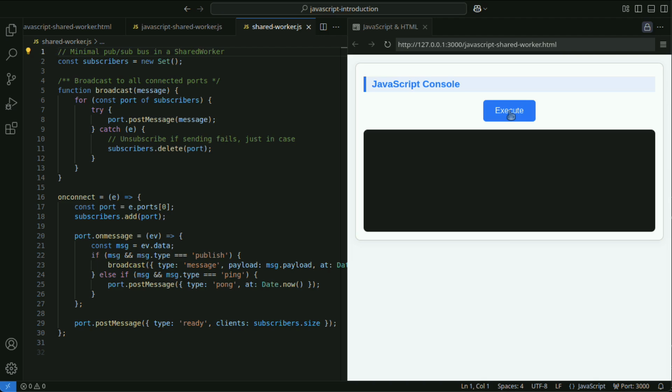When multiple clients interact with a shared worker, you often want to identify which response corresponds to which request. Therefore, it is standard practice to include a correlation ID to associate responses with requests.